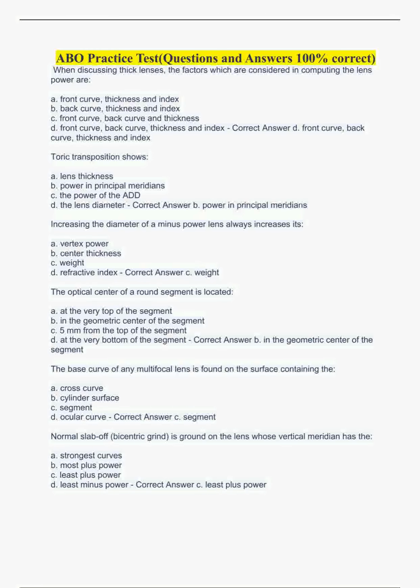Toric transposition shows: A. Lens thickness. B. Power in principal meridians. C. The power of the ADD. D. The lens diameter. Correct answer B. Power in principal meridians. Increasing the diameter of a minus power lens always increases its